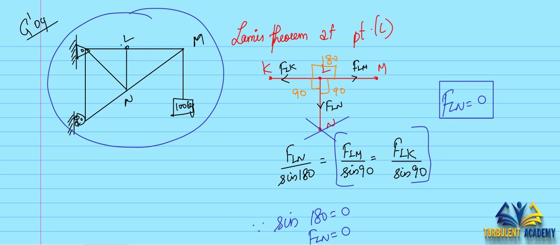Because it's a three member joint, and it is actually 180 degrees out of phase, directly you can say that it is 0. So the GATE 2004 question was totally conceptual. Even if you solve problems, we need to have a few techniques, because we may directly go ahead with finding the reactions, the roller support and all that stuff. No need of wasting time. You should gain some experience to understand how to directly apply it at a point. Just target the required thing, and then you can solve things really easily.